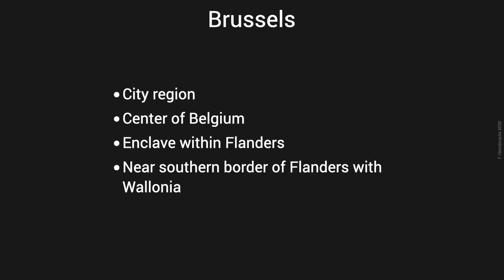Okay, here's another one. I just told you I was from Brussels. If people don't know Brussels, I might have to explain what Brussels is. Well, Brussels happens to be a city region. It's located at the center of Belgium. It's actually an enclave within Flanders, which is at the north of Belgium, but it's near the southern border of Flanders, the border with Wallonia. How about that explanation? And that explanation is transposed as text in a bulleted list. That bulleted list doesn't help you at all, and my explanation is obscure.